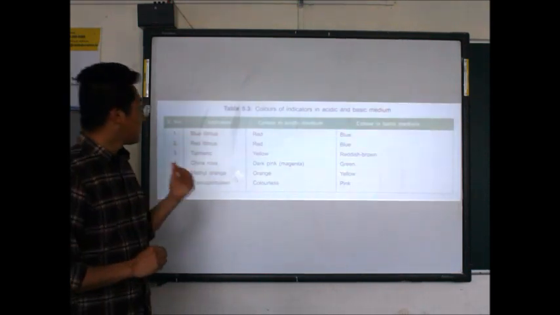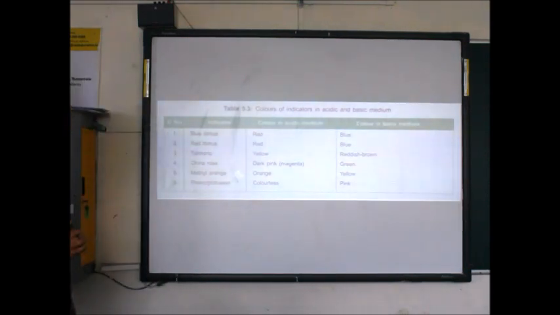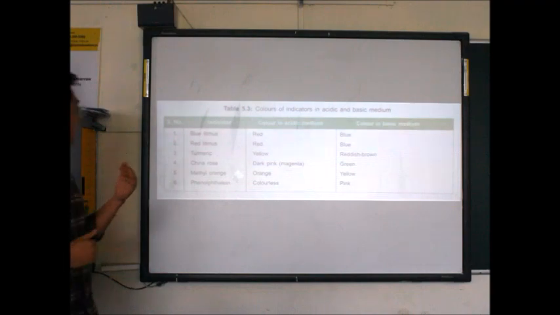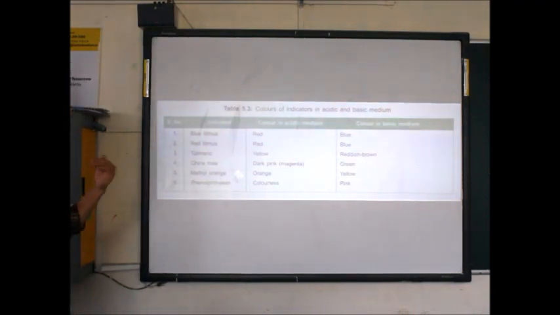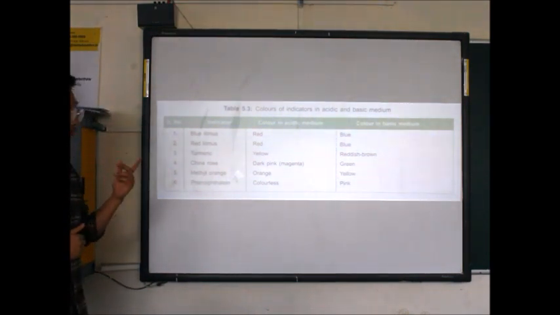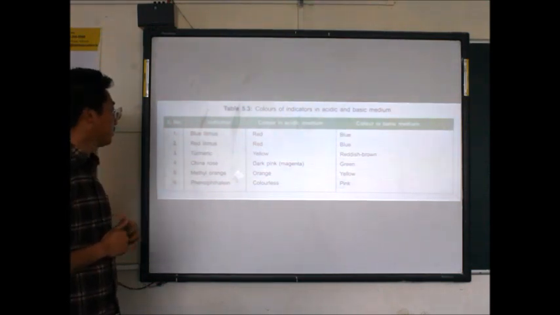Okay, so in this table you can see the different color changes. In case of turmeric, the color in acidic medium is yellow, but in the basic medium it turns to reddish brown. In case of China rose, the color in acidic medium changes to dark pink or magenta, but in the basic medium it changes to green.